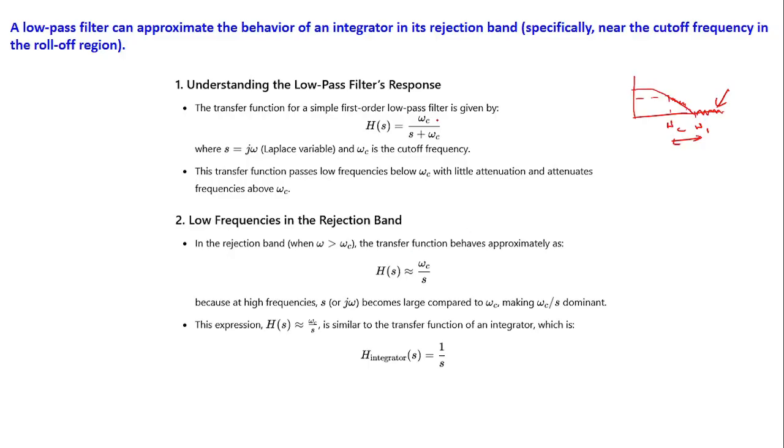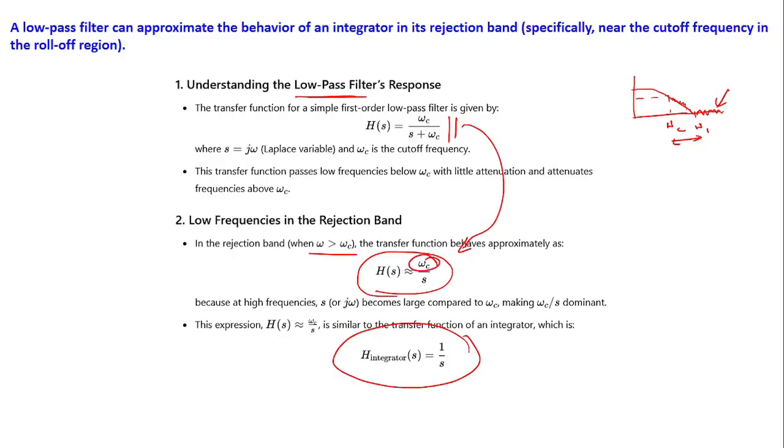So if you see omega c by s plus omega c, it is the low pass filter's transfer function, and with omega greater than omega c, we get this equation. It transforms into omega c by s, which is basically similar to the transfer function of an integrator, 1 by s. Okay, because omega c is basically a constant for a filter. So with this we complete